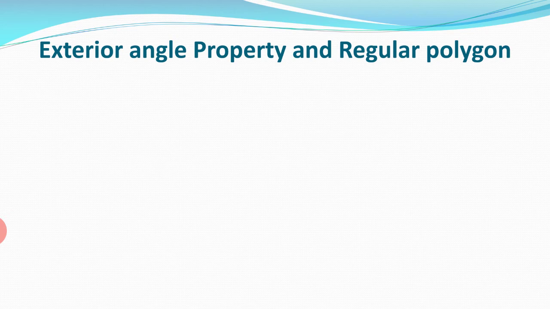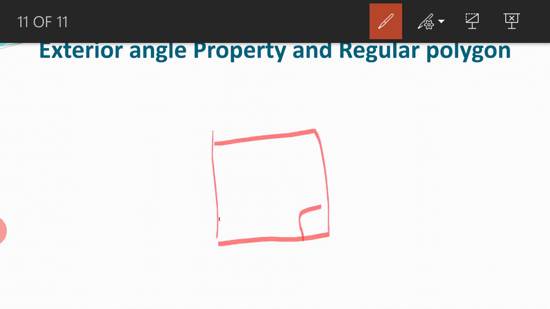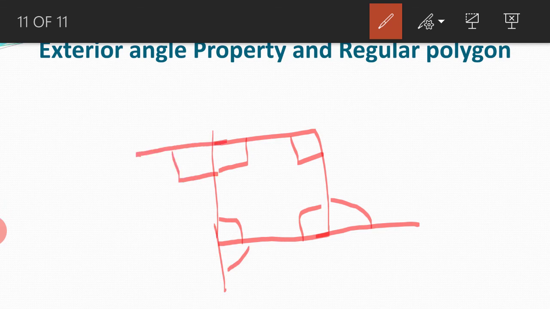So you all know that in a regular polygon the sides have equal length, interior angles have equal measure. Now as equal interior angles are having equal measure, then what do you think if I talk about a square? All the angles are equal, that means each angle is 90 degrees. So what do you think about its exterior angle? Will it be the same? So we say yes, it will also be 90 degrees. All the four exterior angles of a square will have equal measure.